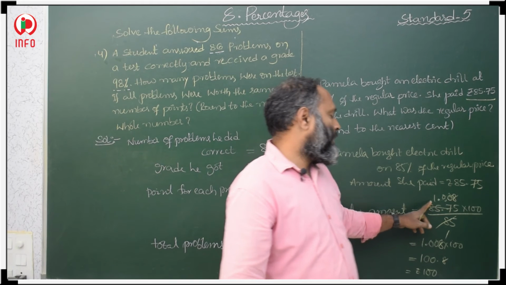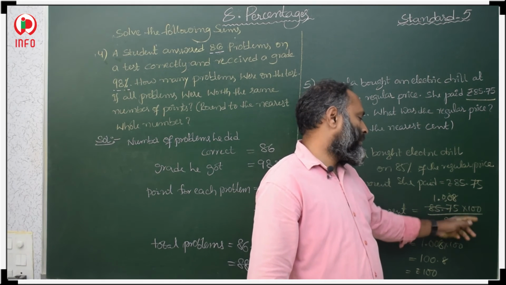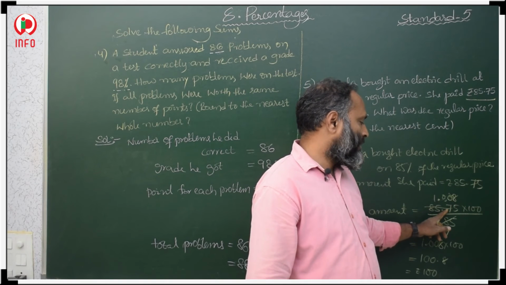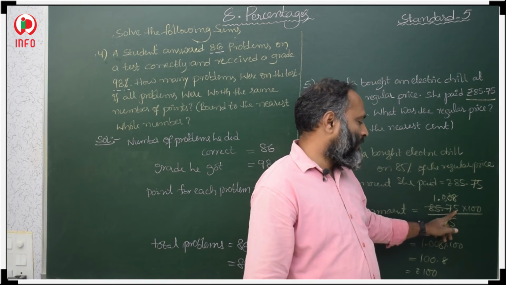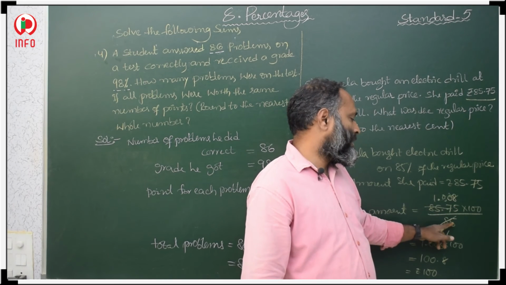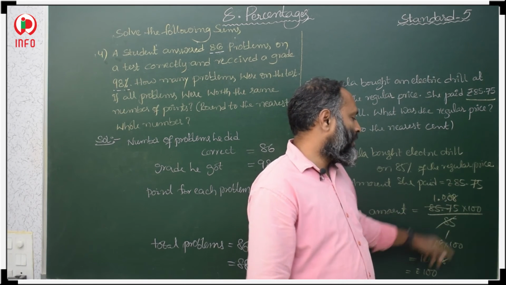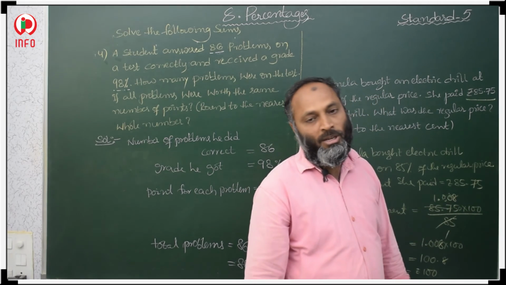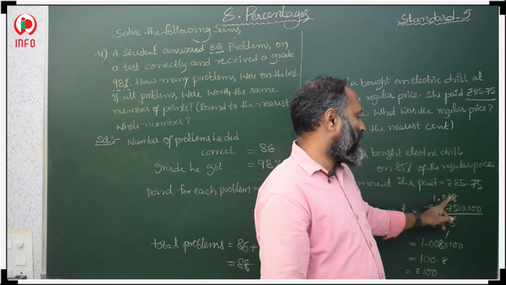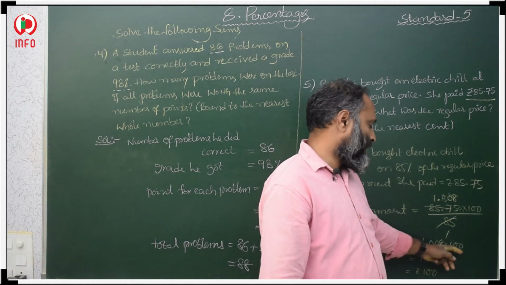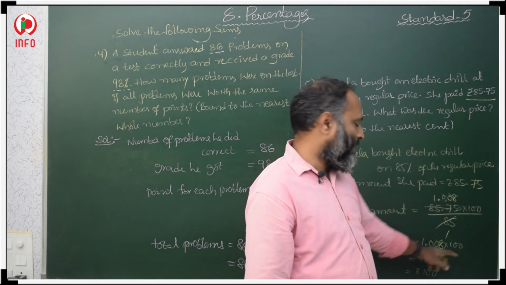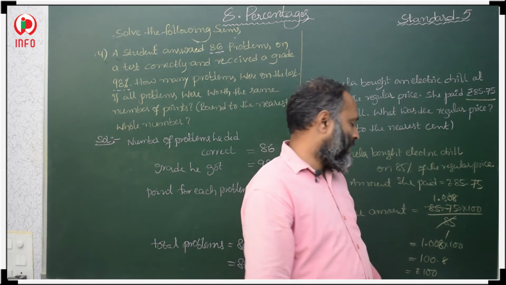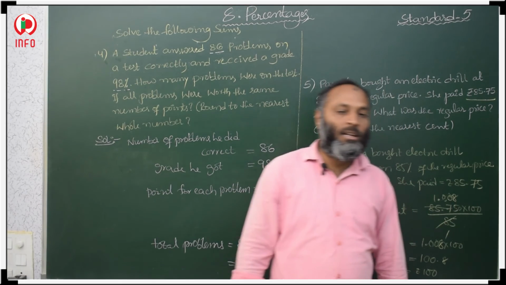Here we have to divide 85.75 into 100 by 85. 85 ones are 85, then you take the point. The first number is smaller, so we have to take a 0. Then the next number is also smaller than 85, again you take a 0, then 750 you will get. Then 85 eights is approximately 750, means 1.008 into 100. If we multiply with 100, the decimal will move 2 digits, means 100.8. Then approximately this regular amount is 100 rupees.